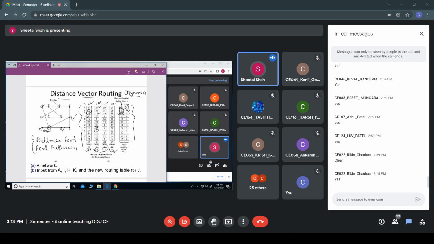Similarly, suppose I want to find out from J to G, how it can reach G. 18 plus 8 is 26, 31 plus 10 is 41, 6 plus 12 is 18, then 31 plus 6 is 37. That means this one is minimum, 12 plus 6. So here it would make an entry saying that J can reach G at the cost of 18 and through the router H. Hope this is clear, everyone.